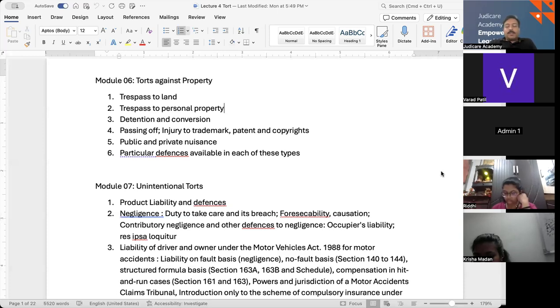So, for example, take an example of detention. A person borrows a book but keeps it indefinitely and does not return it when asked. That is detention. A tenant accidentally leaves a valuable item behind after moving out and the landlord sells that item without permission. Now he has converted it into his own property by selling it, so it becomes far more severe. He's not just holding the property and denying it; he has consumed the property. So that is the difference between detention and conversion.